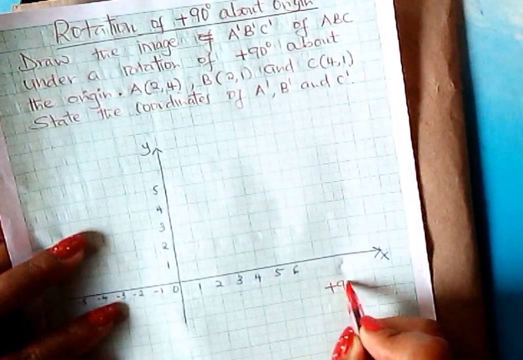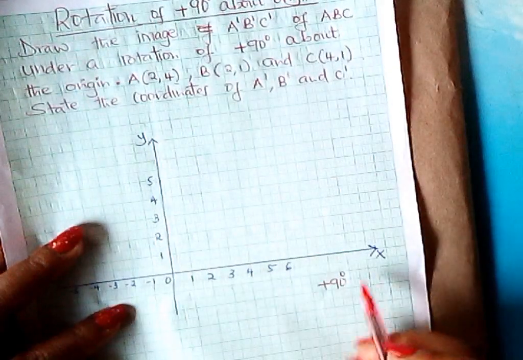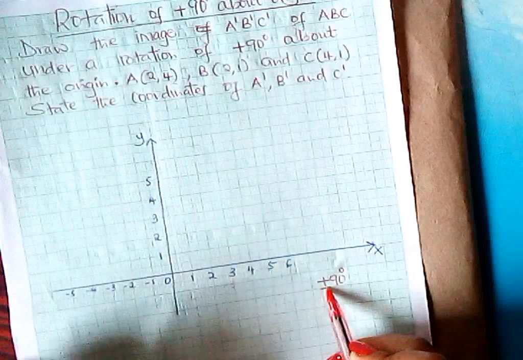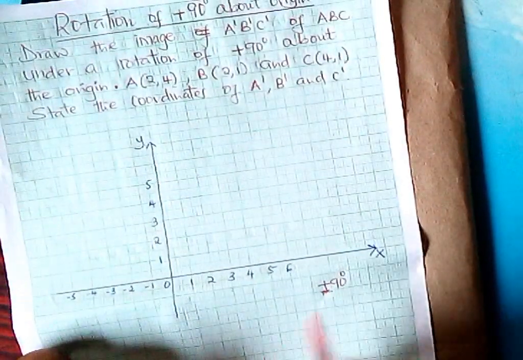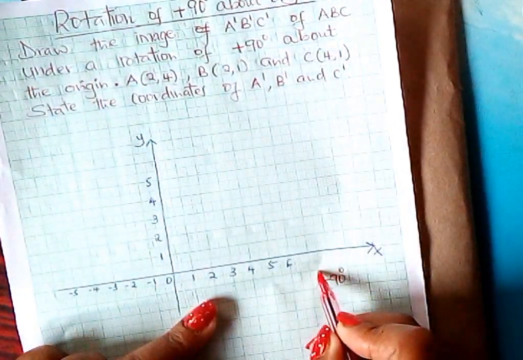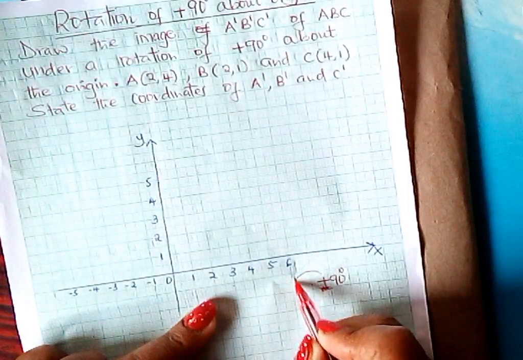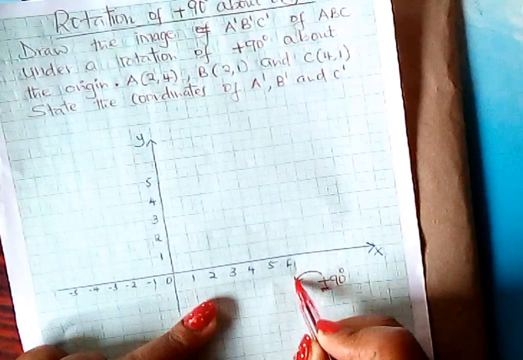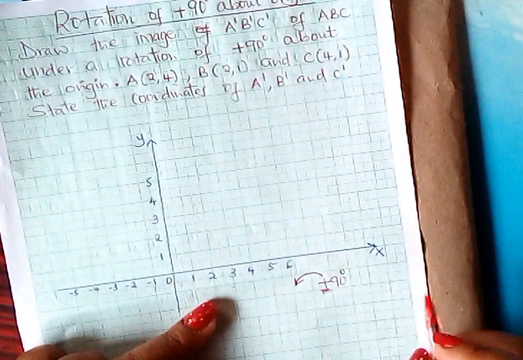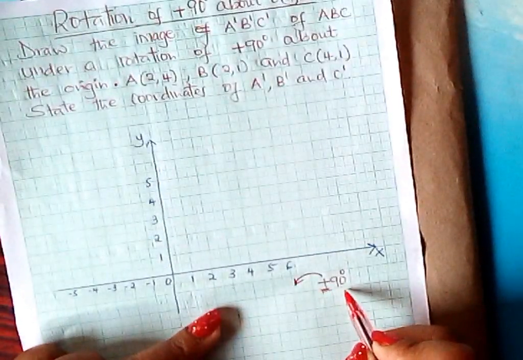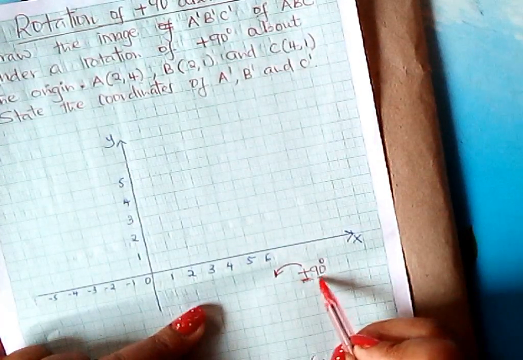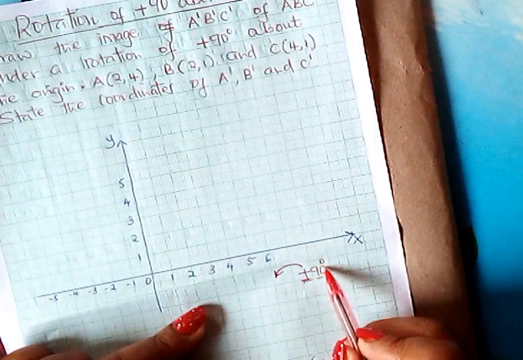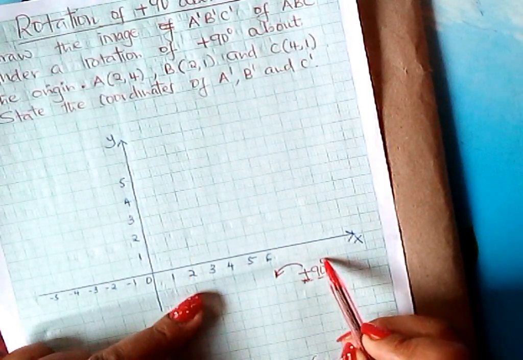Look at this, learner. Positive 90 degrees rotation about the origin. Positive means what, learner? Positive means that the object will go in the anti-clockwise direction. The rotation is in the anti-clockwise direction. Then, without construction, and about the origin, not any other point, about the origin,